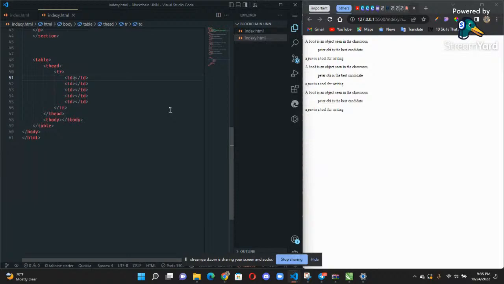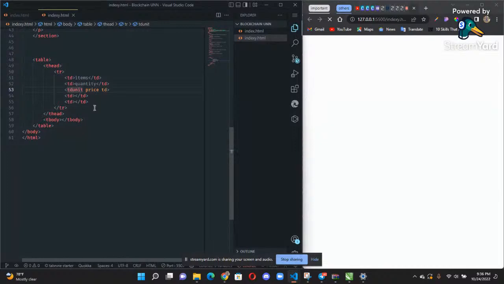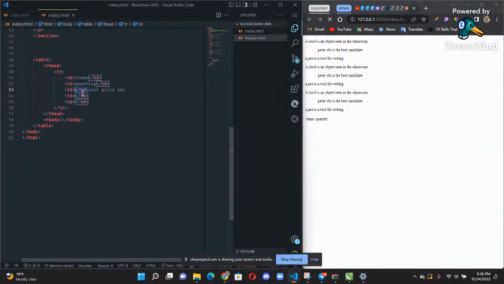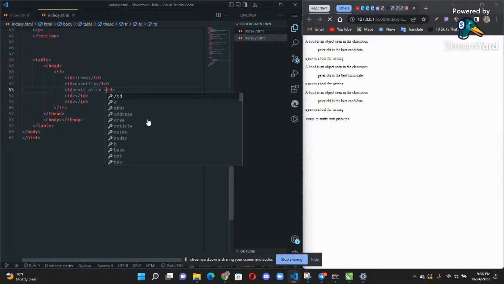Let me say items. The second one, quantity. The third one, unit price.